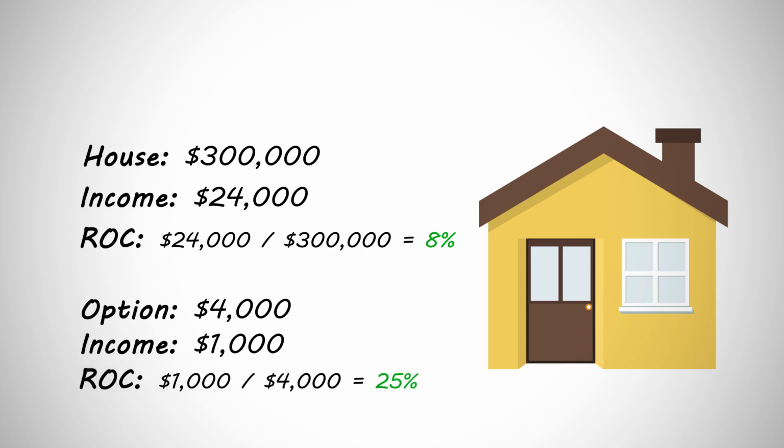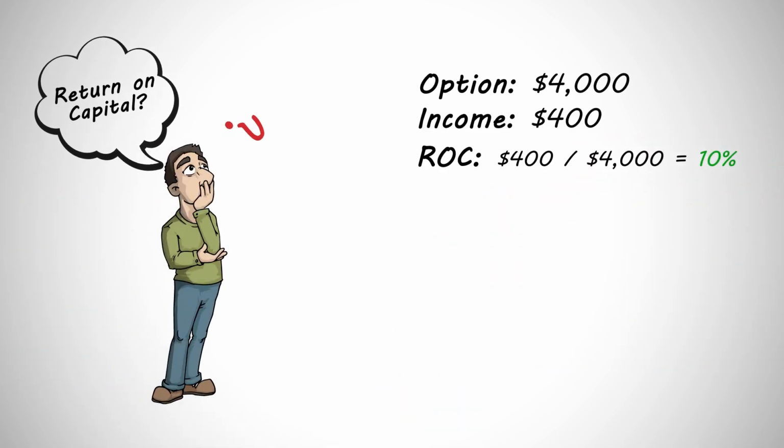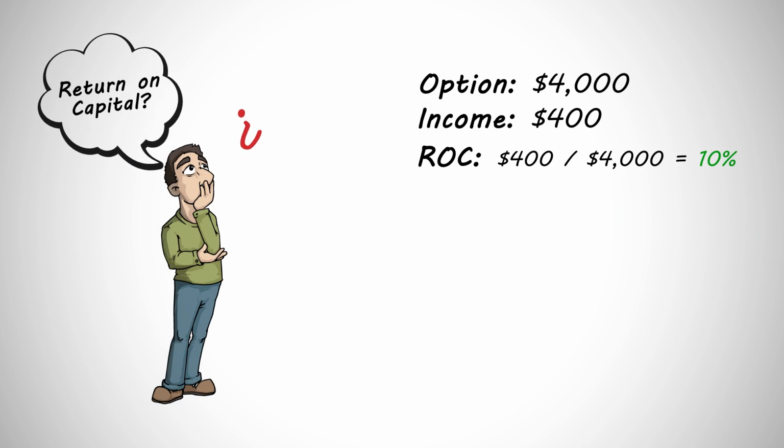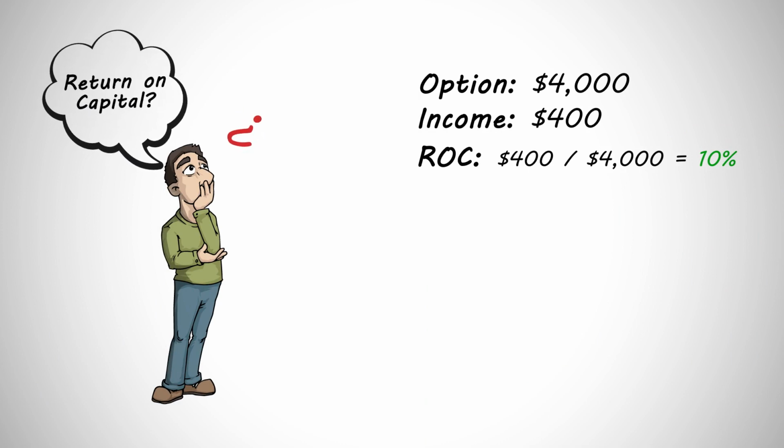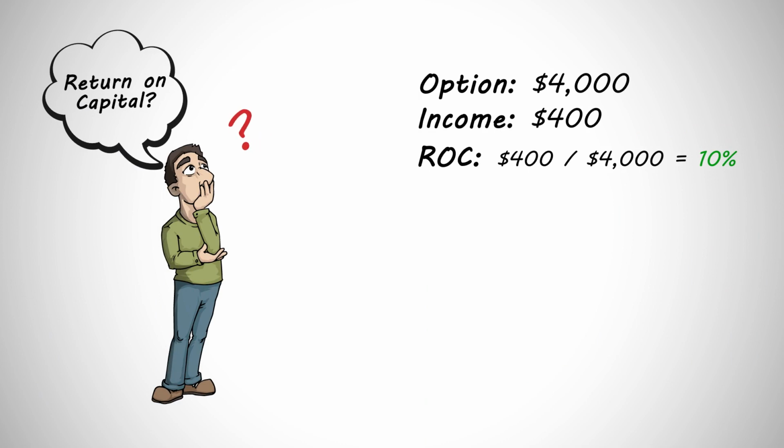If we hold this trade to expiration and are successful in reaching our max profit, our return on capital is going to be 25%. If we instead decide to buy the trade back early and only profit $400, our return on capital is going to be 10%. Most new investors have no idea what a good return on capital would be. If we bought this trade back a few weeks before expiration, we might have only made $400. So would this have been a good investment?